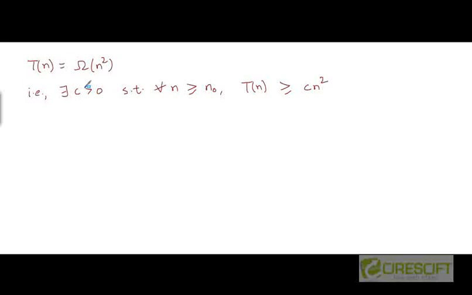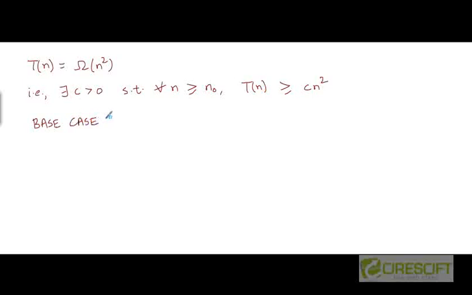Now, this is a separate proof from proving that T of n is in big O of n square. So we don't have to start out by subtracting a lower order term here. This proof may very well go through pretty simply. So let's try to prove this claim more formally